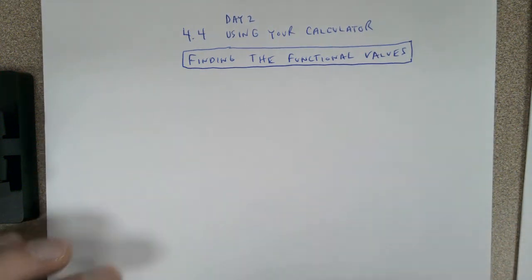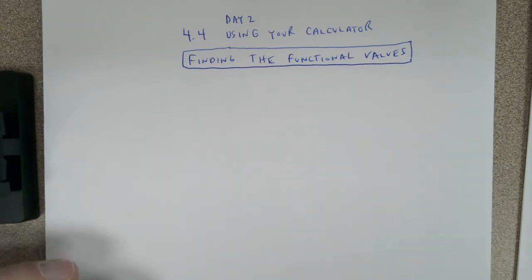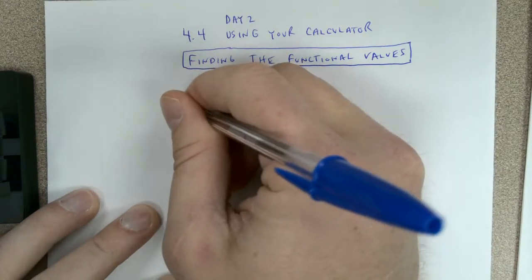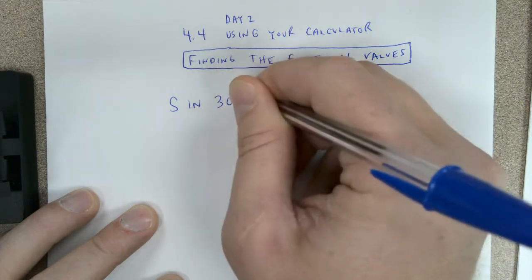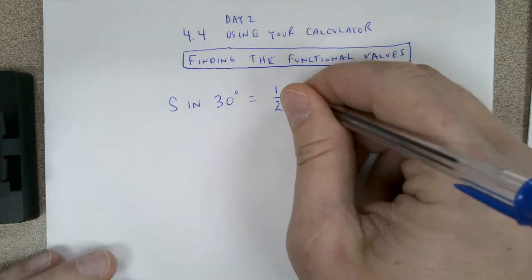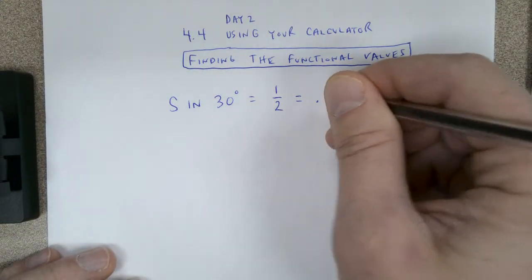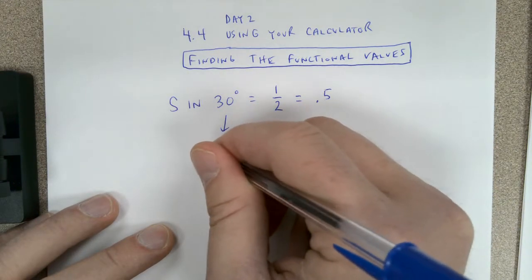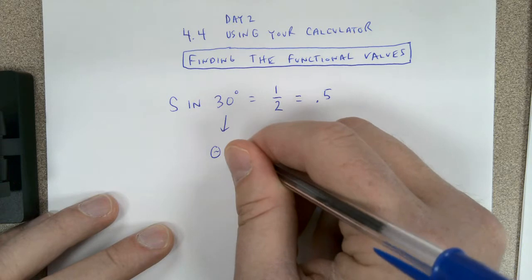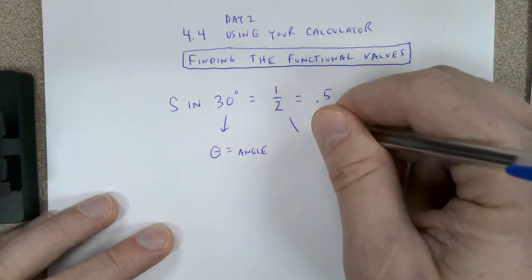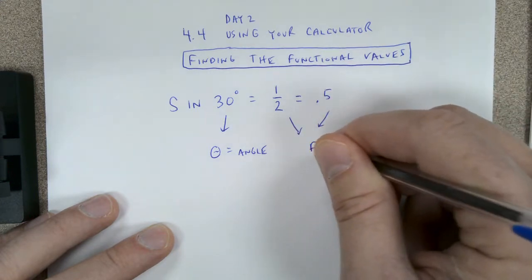Okay, in this lesson, we're going to look at day 2 of lesson 4.4, which is using your calculator and finding the functional value. So let's start first of all with, let's say we're given the sine of 30 degrees, and we know that equals 1/2, which 1/2 we know is the equivalent of 0.5. As we're looking at this breakdown, this is going to be your angle,